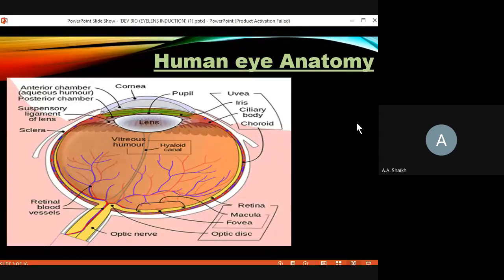Okay, so this is all about the basic introduction related to the human eye anatomy, the basic features or the general introduction. Now from tomorrow onwards, we will move towards the terms, terminologies, and the different features involved in carrying out the exact eye lens induction. So this is the image of the human eye, and from tomorrow we will start off with this exact eye lens induction and the terms and terminologies related to these things. All right, everyone.